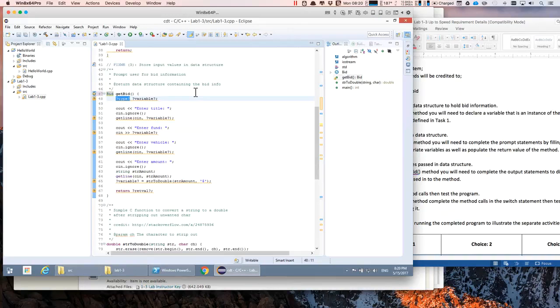Now, in this case, we're going to create a local instance of a bid, which we're going to fill in here, and then we're going to return it to whoever calls the get bid function. Let's call this sum bid. Notice as I'm filling this out, these squiggly lines go away and the code is starting to come in. So the first thing we want to do is send to output